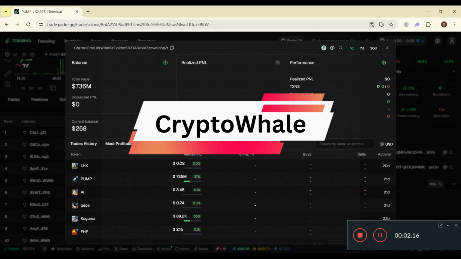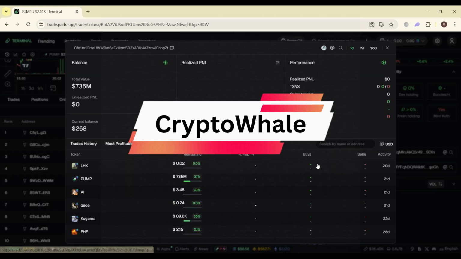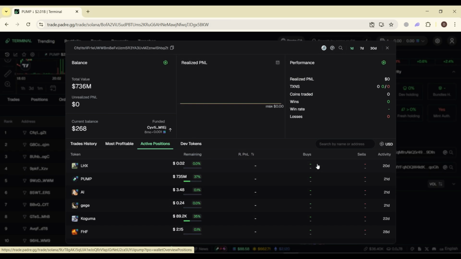Here it's important to remember that tracking a wallet doesn't guarantee profitable trades. A wallet might buy for many reasons, and markets can change quickly. Use this information as research, not as automatic trading signals. Combine it with other data as well, like liquidity levels, trading volume, and price trends. Blockchain transparency makes it possible to study market activity in ways traditional markets often can't. Used carefully, wallet tracking can be a helpful research tool.